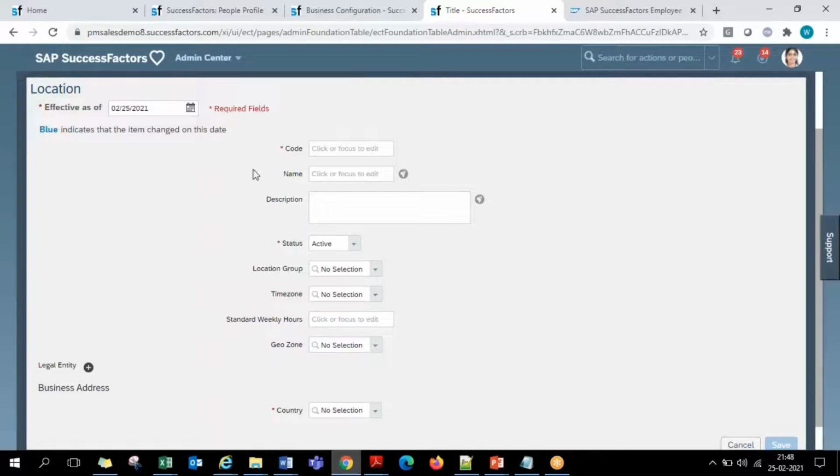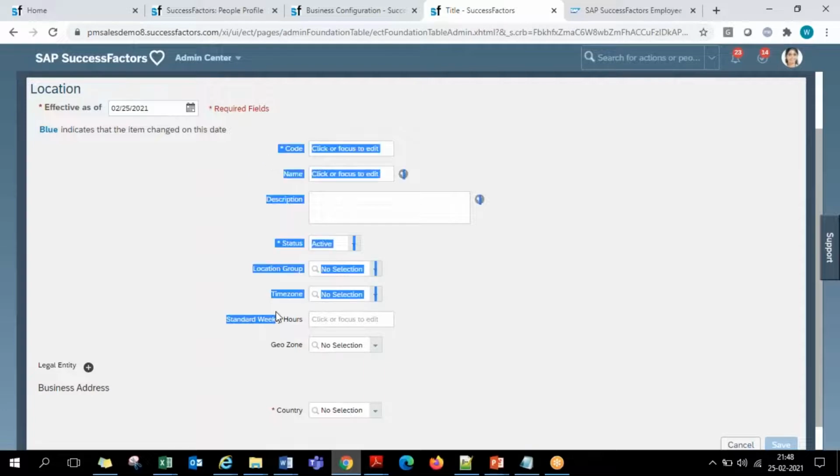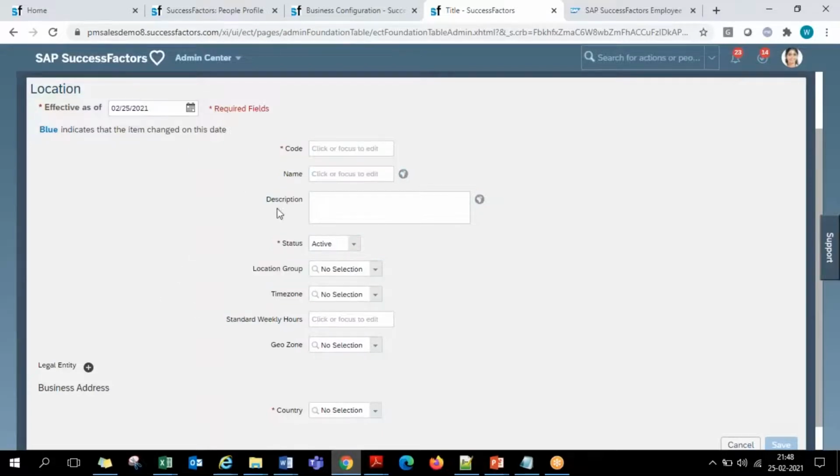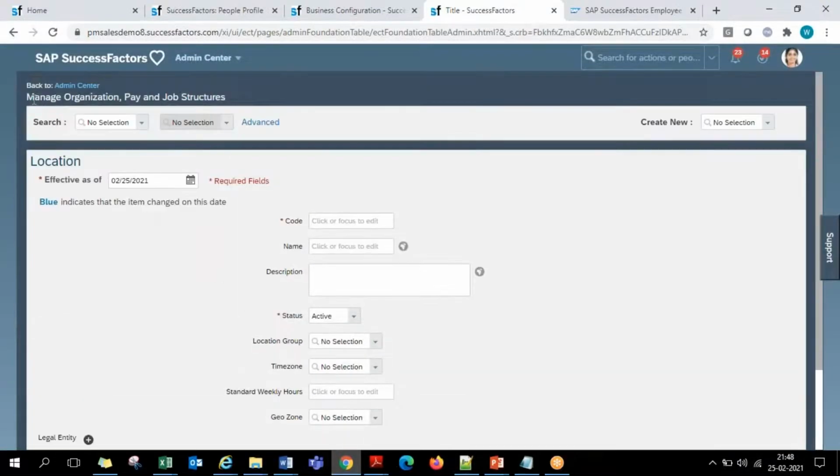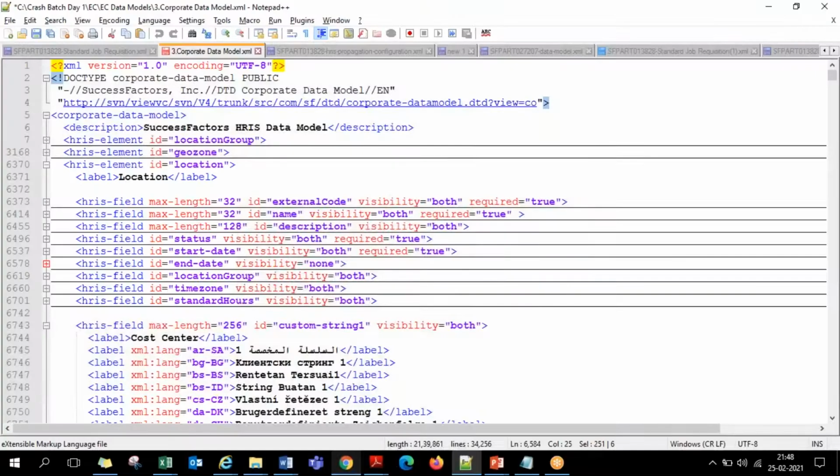Okay, but down the line in the roadmap, either in 2 years or 3 years, we can expect even corporate data model may get a front end screen. That might be the case. So that is the way you have all these foundation object related screens, through manage or job pay structure, whatever objects you see, these screen field definitions are coming from the corporate data model. In this, for existing fields, if you ask me for any changes, we just make the field attribute changes.